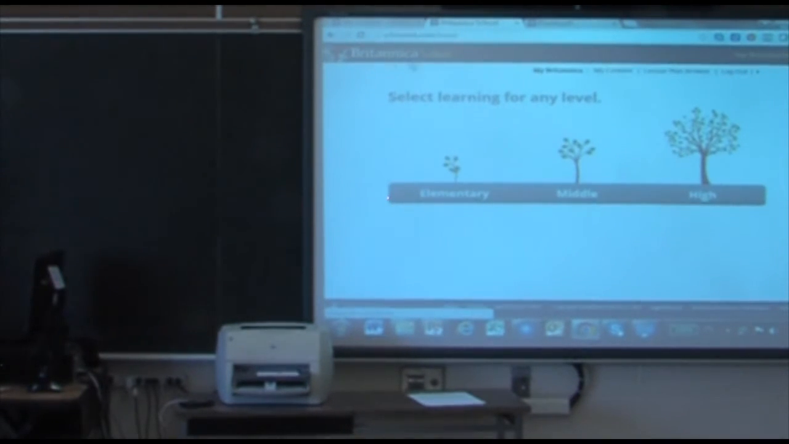So I'm going to come over here to Britannica School. As I click on this logo at the very top, this always takes me back to this page. That's where I can switch through the levels. I'm going to choose to look at your Britannica resources in the upper right corner of the screen. So if I click on this, what you have access to now through the end of September are resource packs